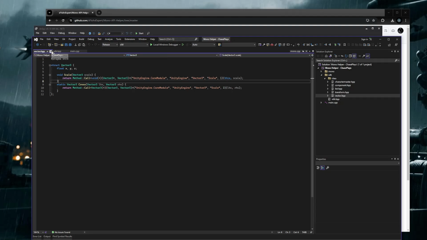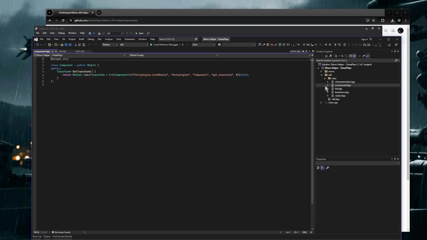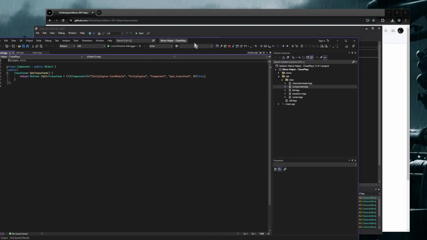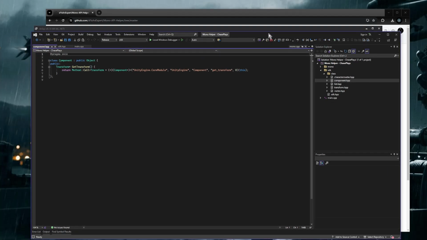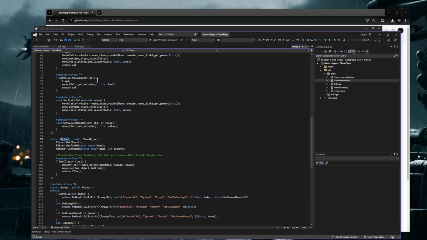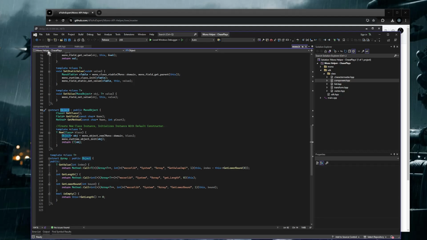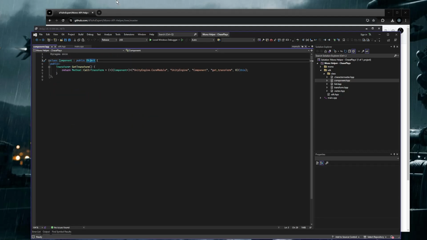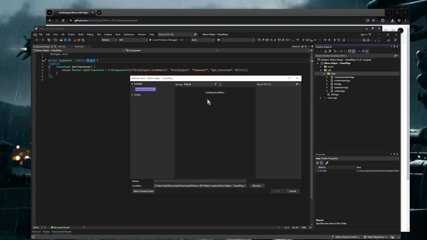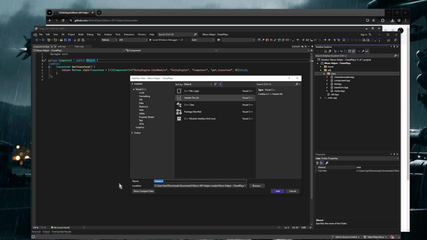But let's move on from this class and take a look at component. And component does what? We're gonna go ahead and look at this ourselves. So component is, sorry, let me move this back on screen. Component inherits object. Now this is the mono object, and we want to do something instead. How about I'll do it with you guys. We're going to go ahead and create our own class. So our first class together, not one that's been provided for you. Let's create a Unity engine class. We're going to name this